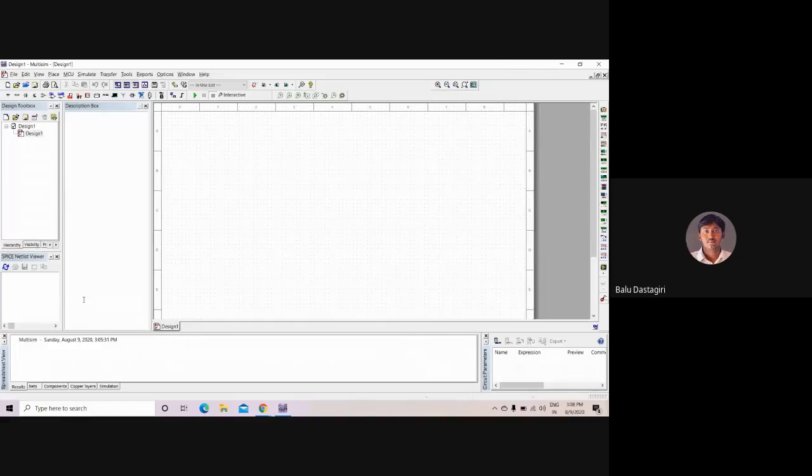developed. Next you see here the workspace of multisim. Here is the instrument toolbar, and here is the command menu. Now, in order to